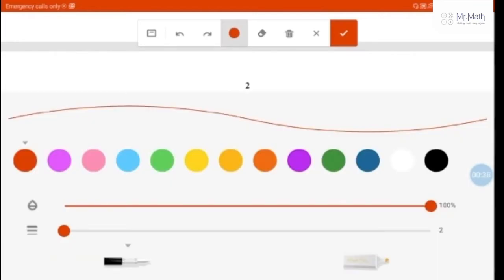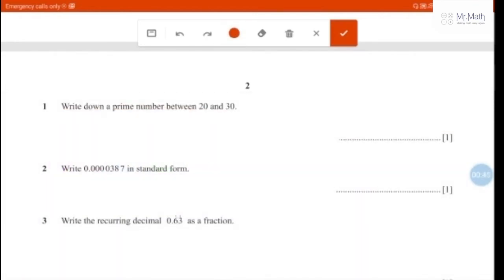So 20 is divisible by 2, so it's not a prime number. 21 is divisible by 3, 22 is divisible by 2, 23 is only divisible by 1 and itself, so the first prime number is 23, and 24 is divisible by 2, by 6, by 4, 25 is divisible by 5, 26 is divisible by 2, 27 is divisible by 3, 28 is divisible by 2, and finally 29 is only divisible by 1 and itself,